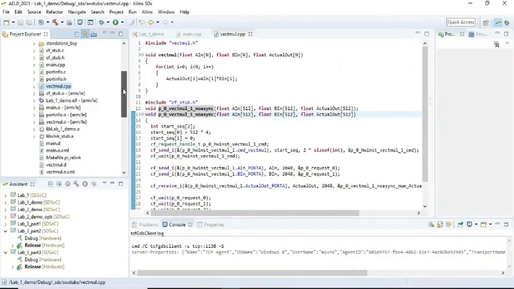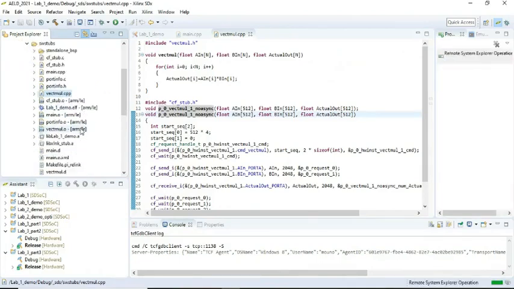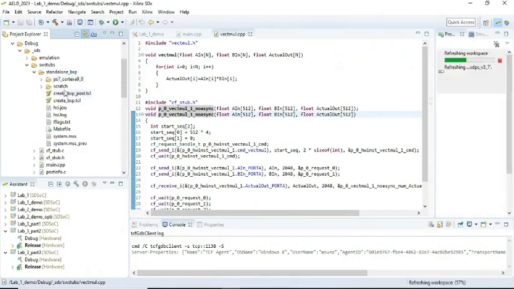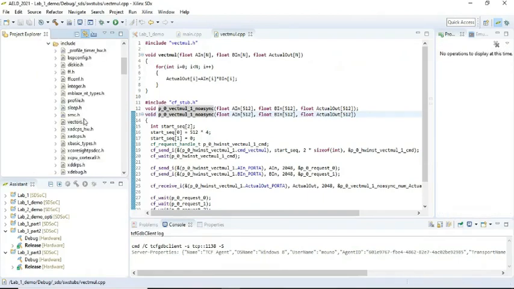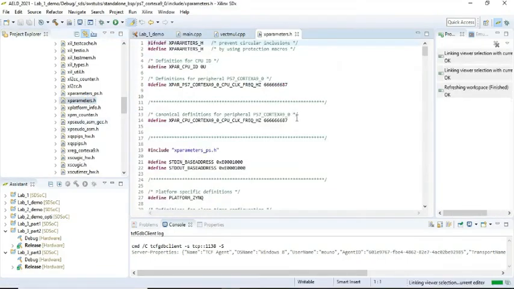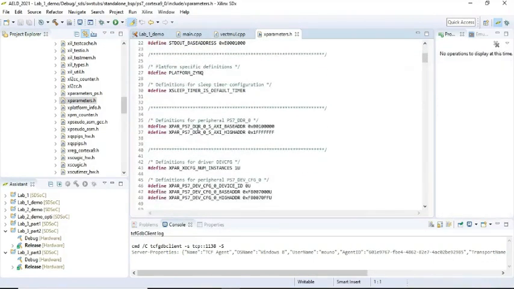Now, how to get the address of the IP that has got created? To get that, inside this standalone BSP folder, you can go inside this BSP Cortex A9 folder, that is core 0. Inside this include, you can see that there is an xparameters.h header file. Inside this, you can see that corresponding to peripherals like XPAR PS7 DDR, there is some base address.